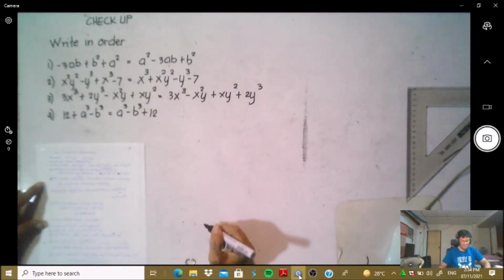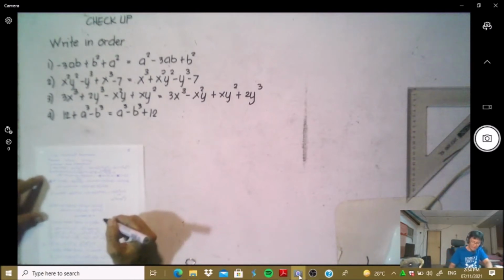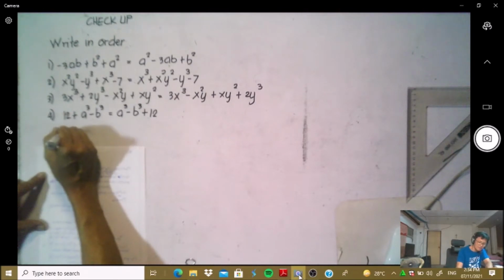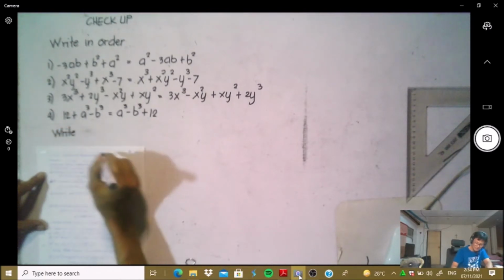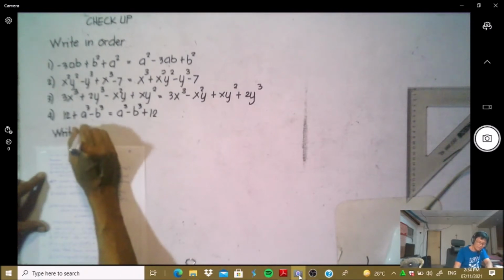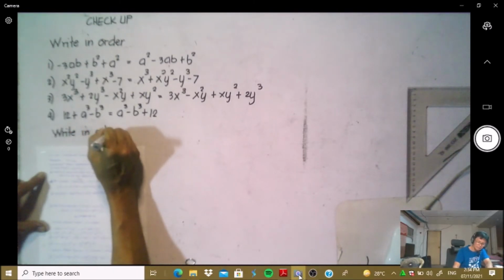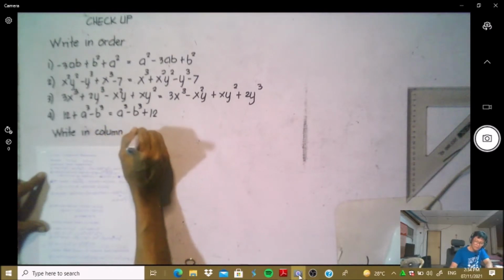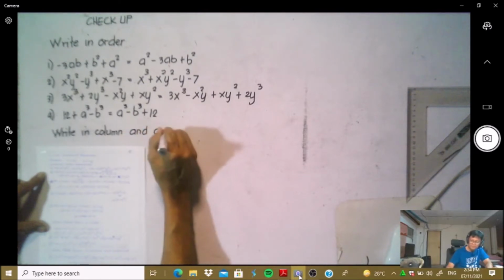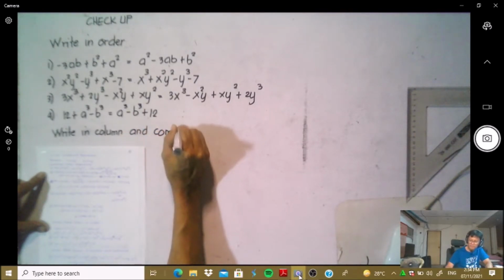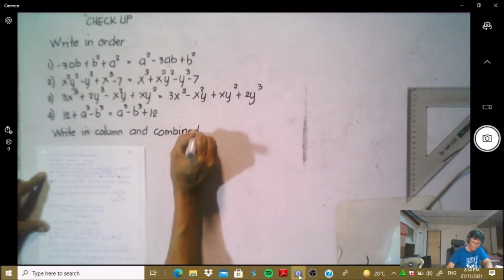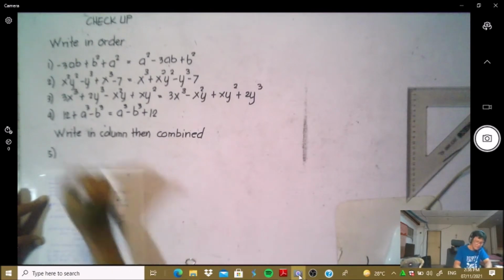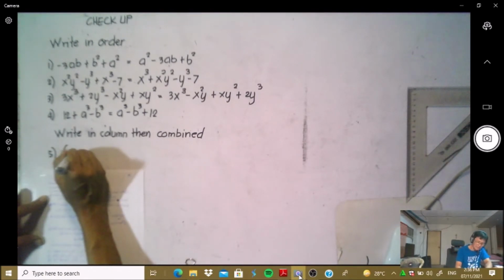Okay, so next we have write these terms in column and combine. So I will write the instruction: write in column and combine. Okay, so we have only number 5, but it is equal to, for the quantity 4x squared